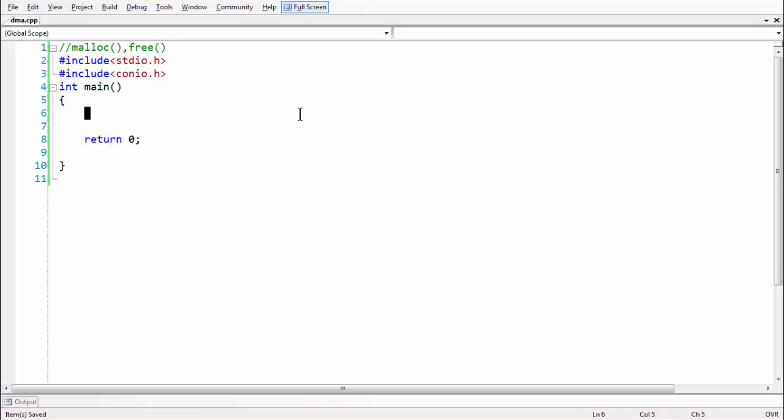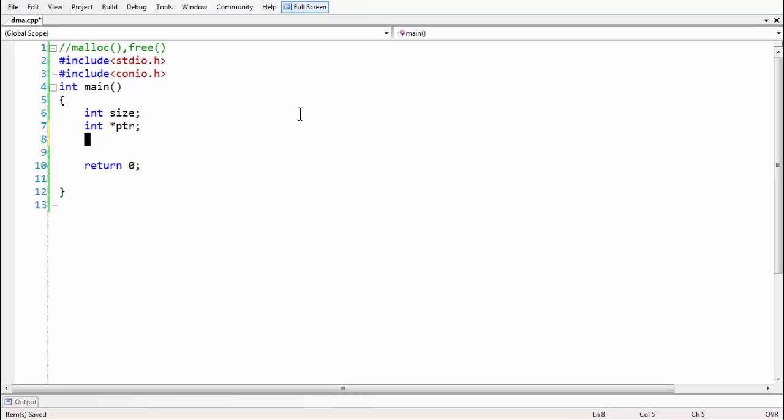To start off, first we need a data item known as size, and then we need a pointer to integer. Here we are creating a dynamic integer array.